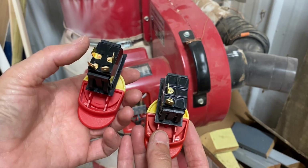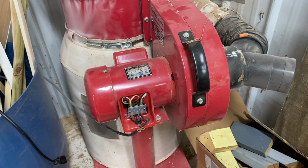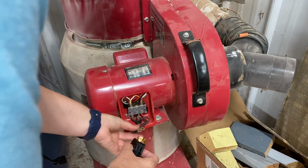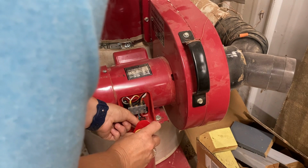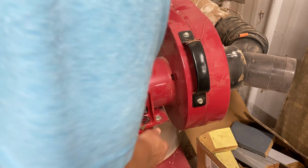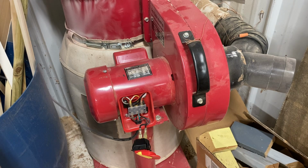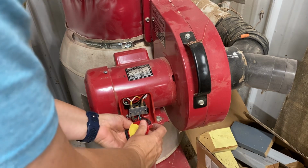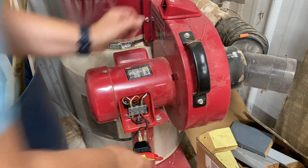I'm going to assume that I'm just going to use the same two that it was before. I'm guessing that makes sense. So it's going to be these two. And since this is just breaking it, it shouldn't matter which one goes where. All right. We'll test it before we put it back together. Okay. So that's correct. So now I'm actually going to undo it because I need to